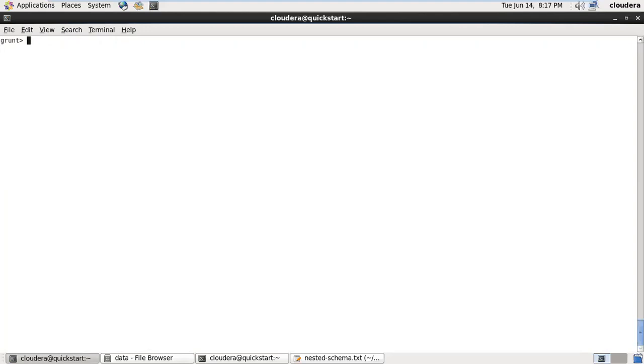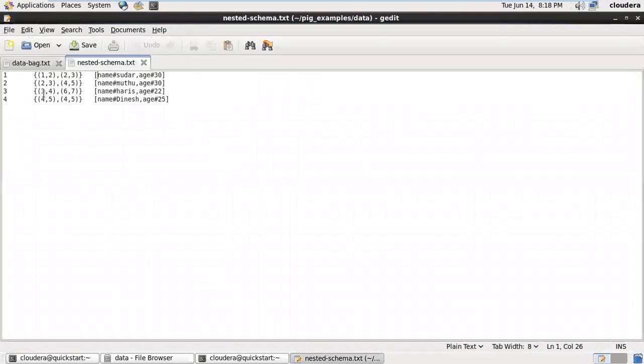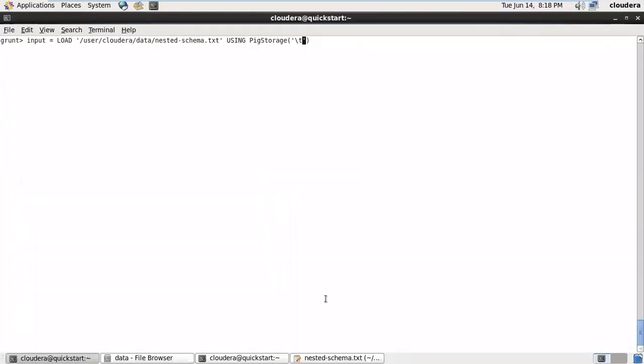So like input equal to load, it's present in /user/cloudera/data/nested-schema.txt using PigStorage. What is the delimiter there? I think it's tab. Okay. So tab delimiter